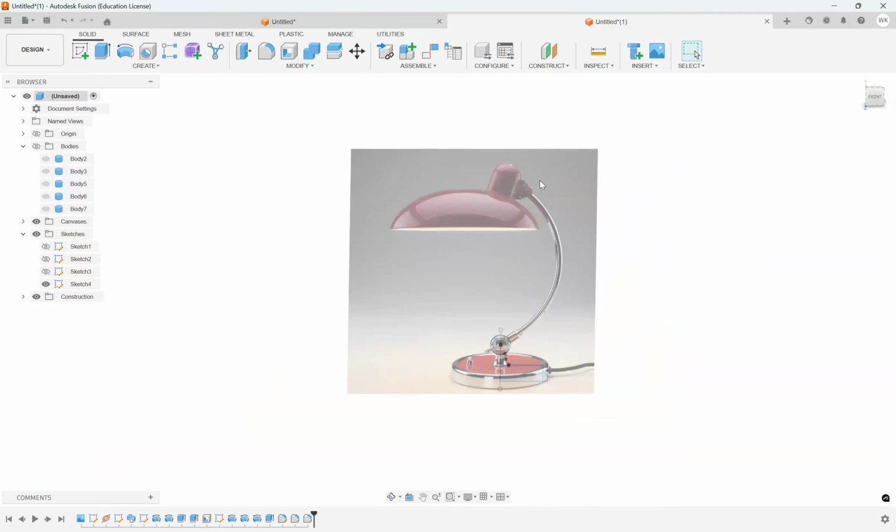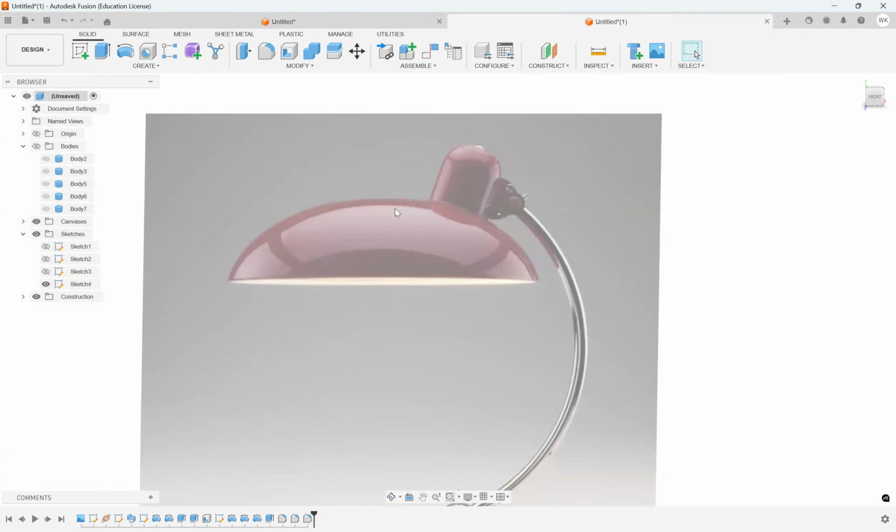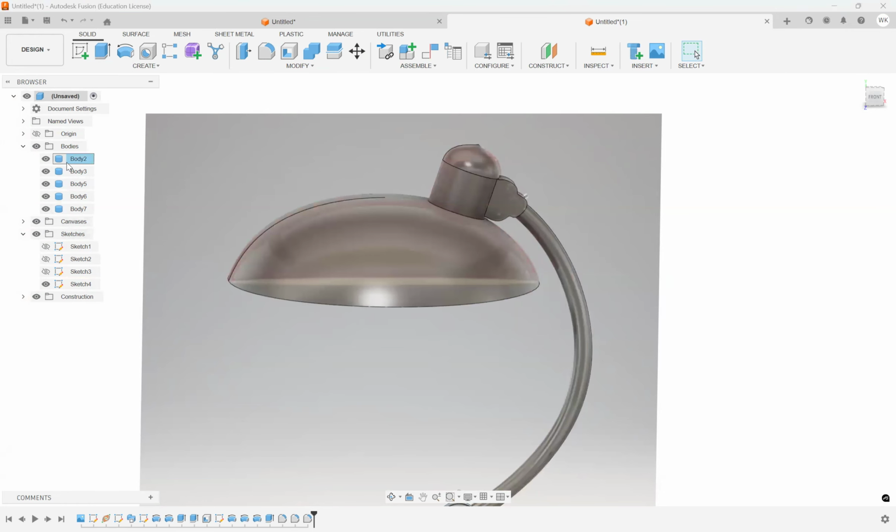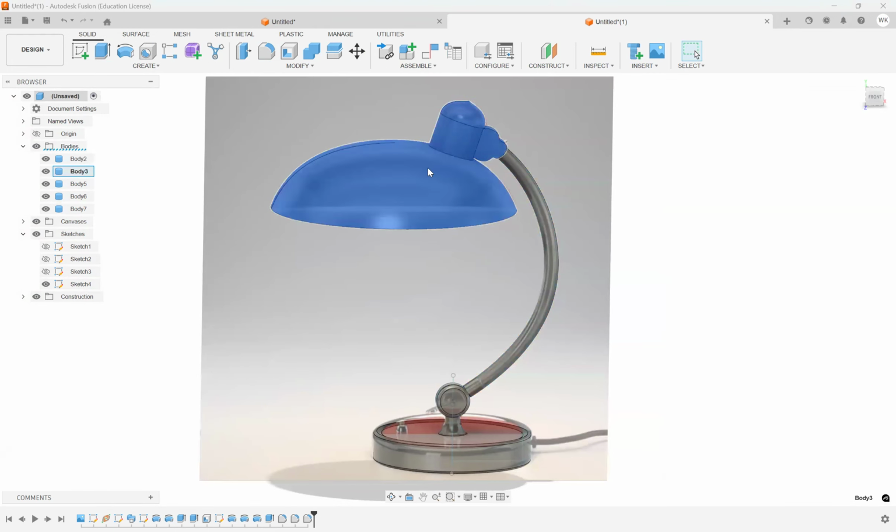It is optional, but as you can see here again, this head shader and this one are red coated metal, but this is just stainless steel. So that is why I separate bodies: the neck shader, the red under cover, the bottom one, the center lines, and then the square shape outer one